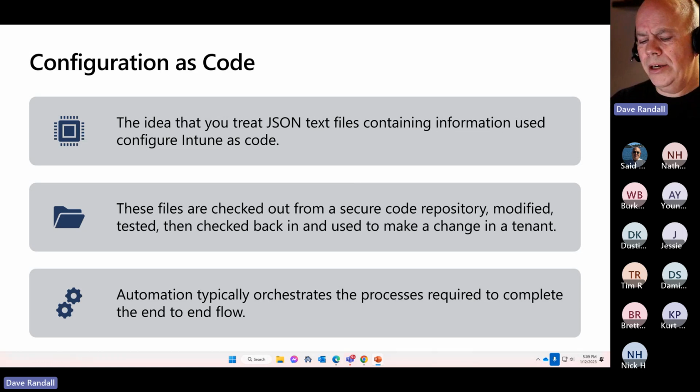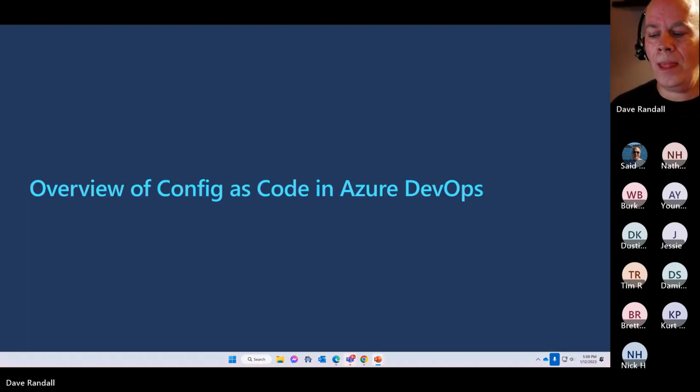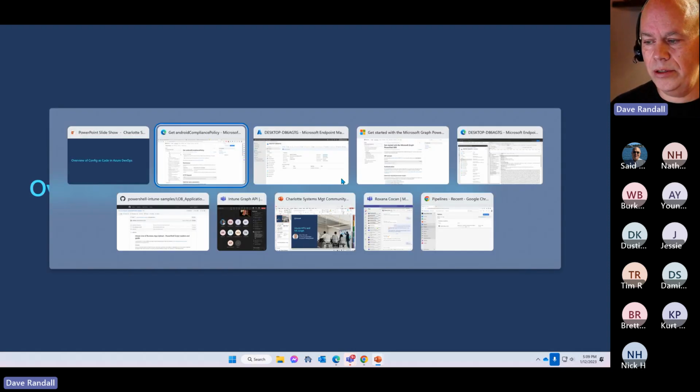And I know there are some customers who are using Simian Cloud. Simian Cloud is a config as code tool, and they have specific support for Intune. So I have seen that several customers are using Simian Cloud, maybe something interesting for you to take a look at. So if we go take a look at what this looks like in